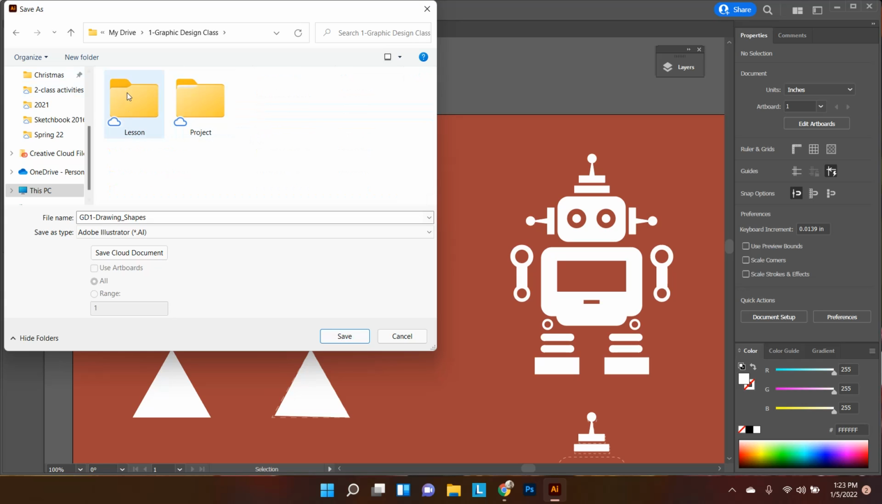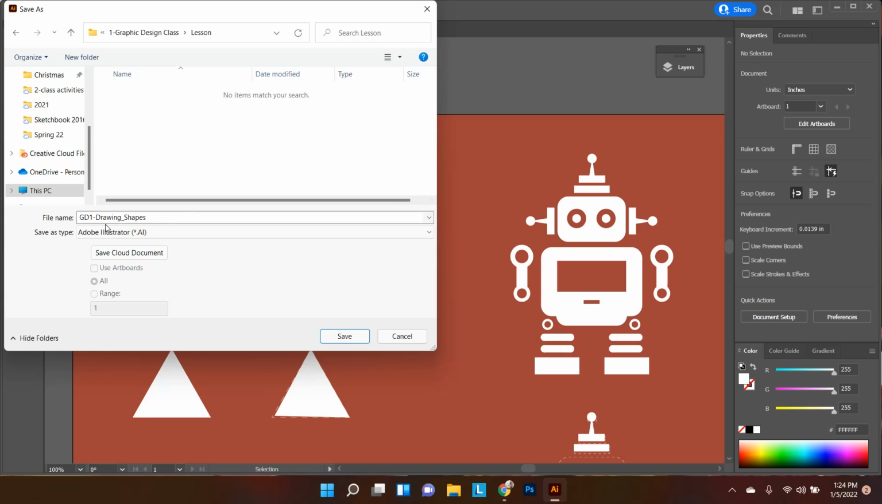All right, we had the folder for lessons, and we had the folder for projects that we made, right? So I'm going to now make sure that this says Adobe Illustrator, and it does. I want to put this in my lessons folder because it's a lesson. And we want to take the front part, and so by clicking twice here after the D, I've got the front part of this